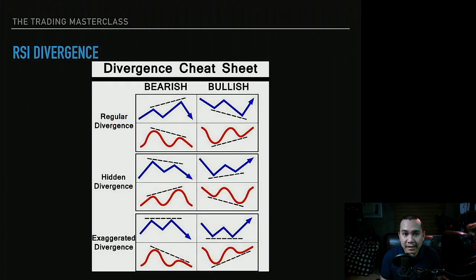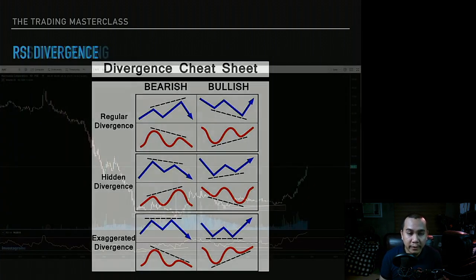Now here is RSI divergence. This is quite technical already, so please again check the video description for a full video about RSI divergence. What we're going to be focusing on now is these bullish patterns right here. The blue arrows mean it's the price action. The red arrow is your RSI. I'll show you how it looks later on, but basically this is the movement of the RSI on the technical analysis platform. So let's move forward.